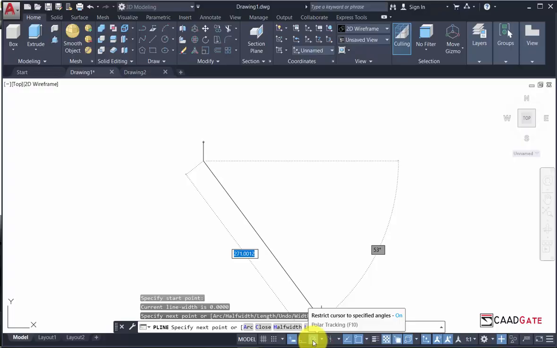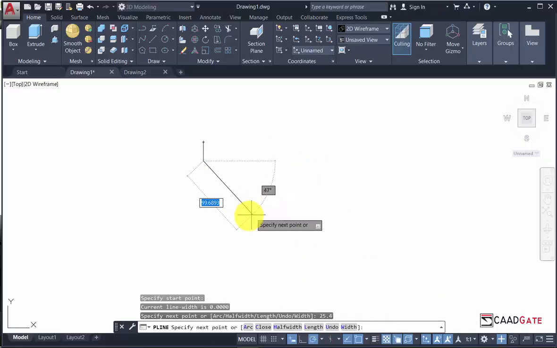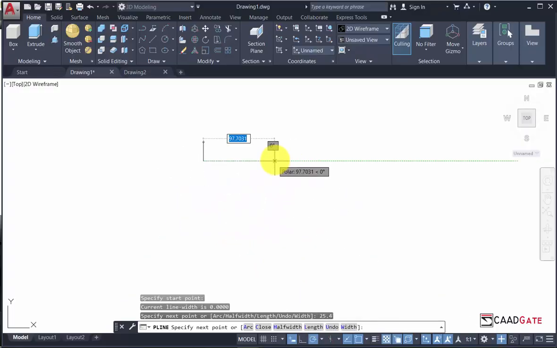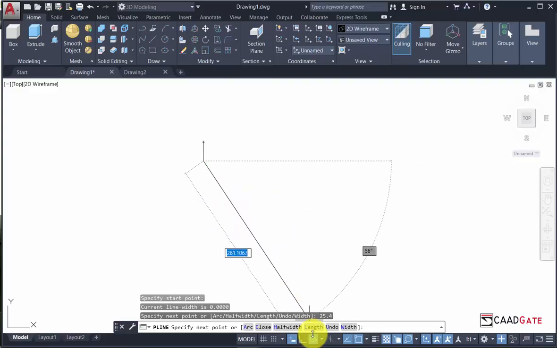If you don't notice this kind of action in your own application, then check whether your polar tracking is activated. For your mode settings, any that is active is blue, any that is not active is gray. So polar tracking allows you to track